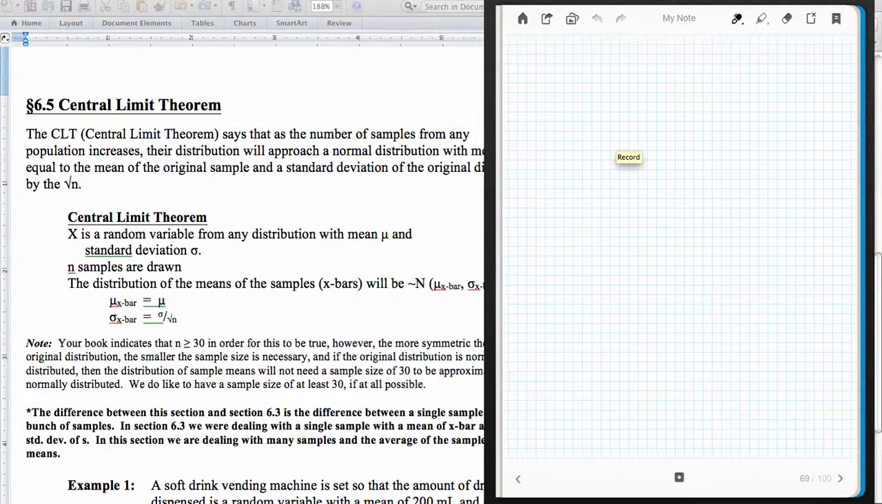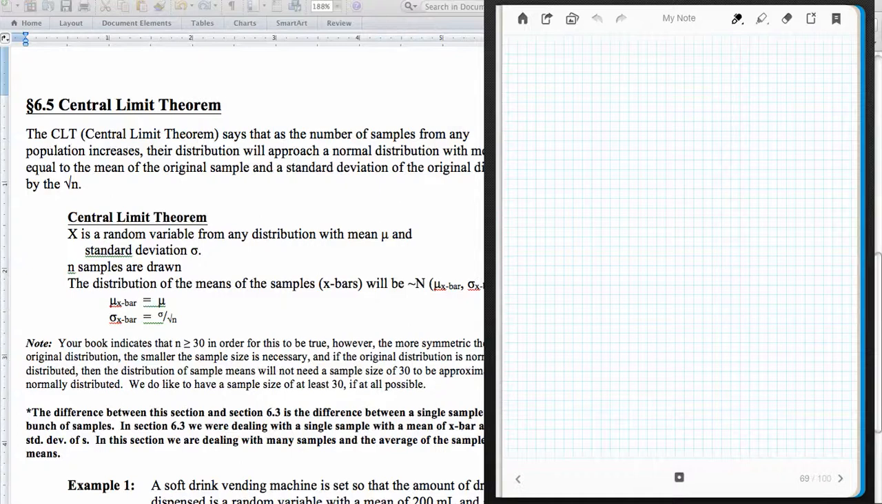Our next lecture is going to be on the central limit theorem. The central limit theorem in Brace's 10th edition is 6.5, but you will find it in my notes in section 7.2. So what we have here is the central limit theorem stated quite simply, and this says basically that if